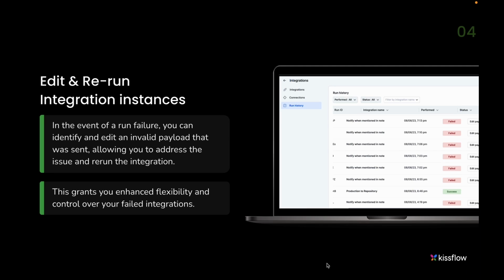The next feature we're going to look into is edit and rerun integration instances. So all this while, whenever your integration fails, you have to go into the output data to see exactly where the failure has happened, and then you have to go fix it. I mean, it's a lot of hassle. So in order to save time and to give better flexibility and control over failed integrations,